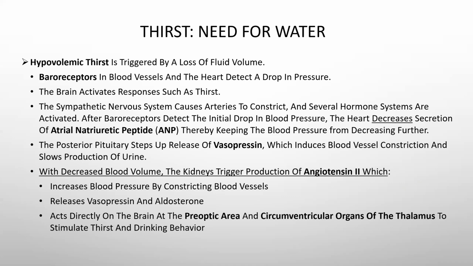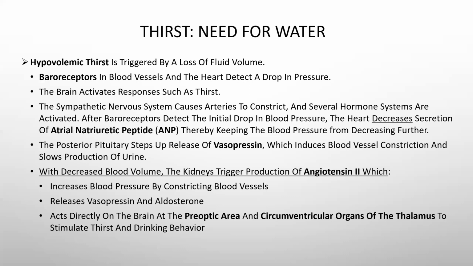After baroreceptors detect the initial drop in pressure, the heart decreases secretion of atrial natriuretic peptide, thereby keeping the blood pressure from decreasing further. Then the posterior pituitary also steps up release of vasopressin, which induces blood vessel constriction and slows the production of urine because you don't want to lose even more. The idea behind hypovolemic thirst is you're sweating it out, you're urinating it out, and so there's a loss of